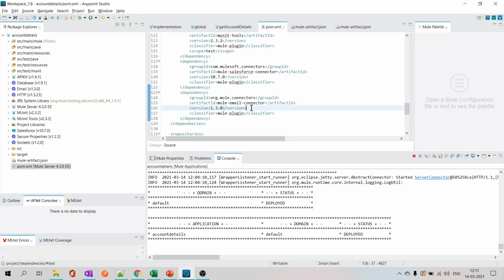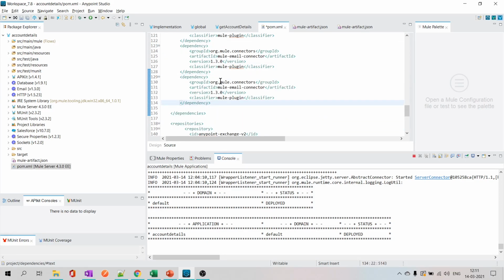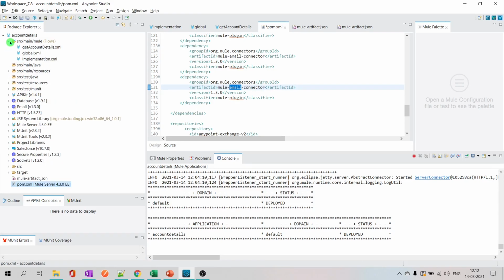Or in another way, you can add some dependency here. If you want to add some other connector, I'll mention the details here. When I save it and build it, the project will automatically import and add it to my project. That is about it. And you can also create archetypes based on pom.xml. Archetypes give a skeleton project for you. You can automatically bootstrap a Mule project as per your enterprise or organization standards. You create an archetype and you can create a Mule project on that every time.